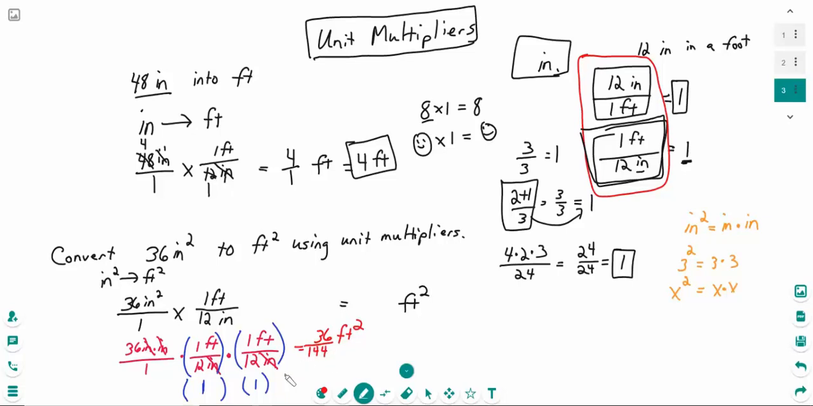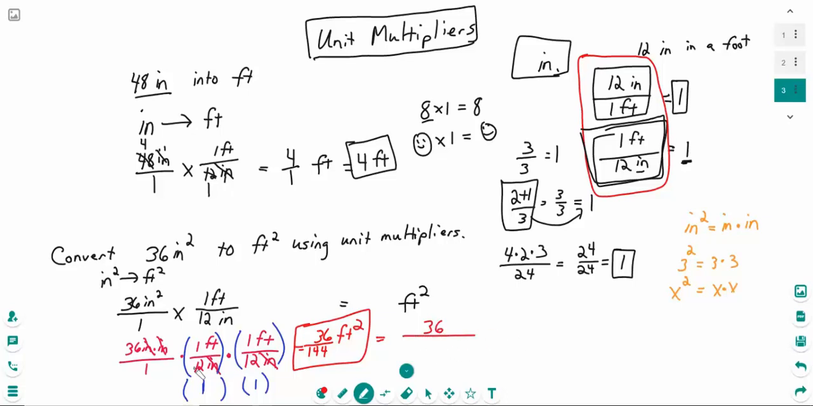Now we could reduce this 36/144 feet squared, but we're just going to leave it like this for right now. That is our answer. As a matter of fact, in your book or even for your homework, if you want to leave the answer as the 36,